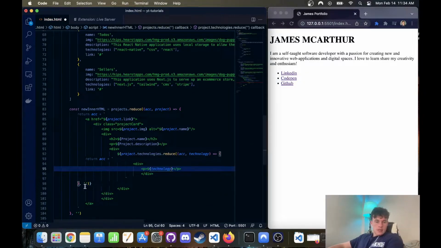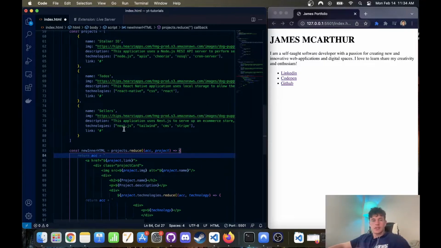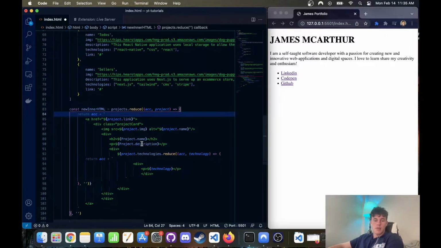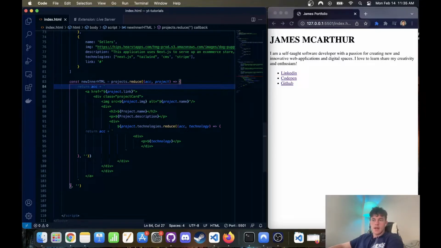So I know it looks terrible and I apologize for that, but this is going to be the HTML that is going to repeat for each particular project that we have in this array. So you could add as many as you want and they will all map out in this particular format. If I just save that, you'll notice that nothing happens, and that's because we're missing the very last step,